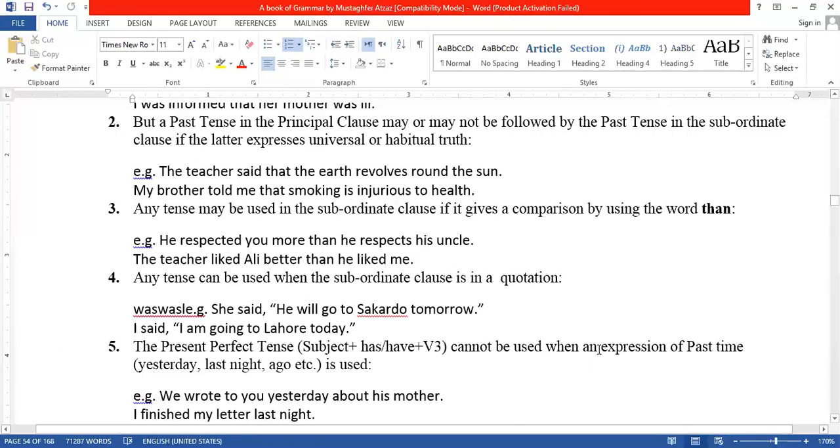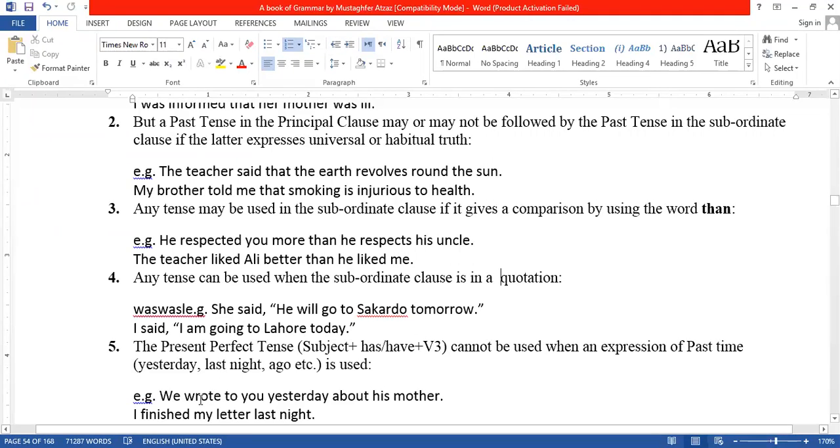It is very important, because sometimes students forget the very basic rule that we cannot use present perfect tense with these expressions. For example, yesterday, last night, ago, last day, last month, last year, etc. There are many expressions. These are just basics to give you an idea that such words are indicators that belong to the past tense, past indefinite. We cannot write them within